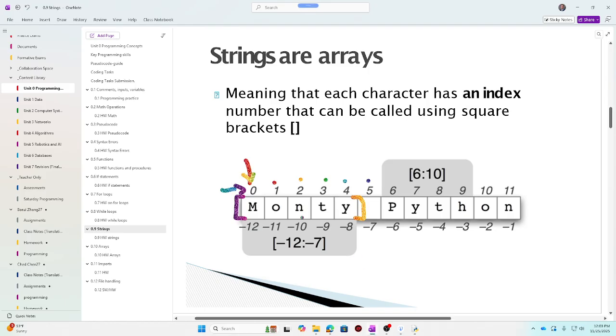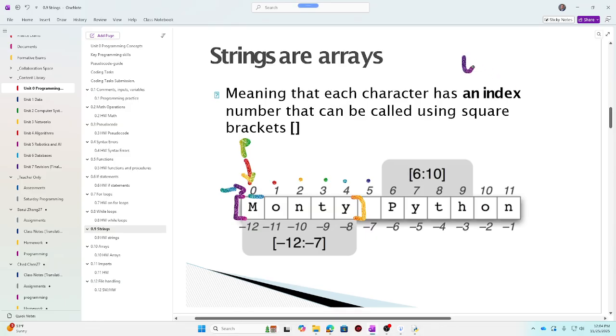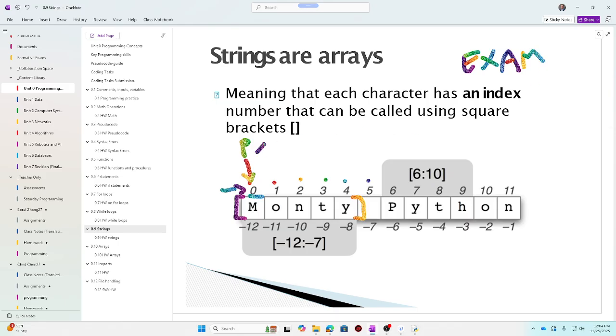So just note that in Python, they start at 0. On the A-level exams, they use number 1, and then this one will be 2, 3. The index number usually starts at 1.